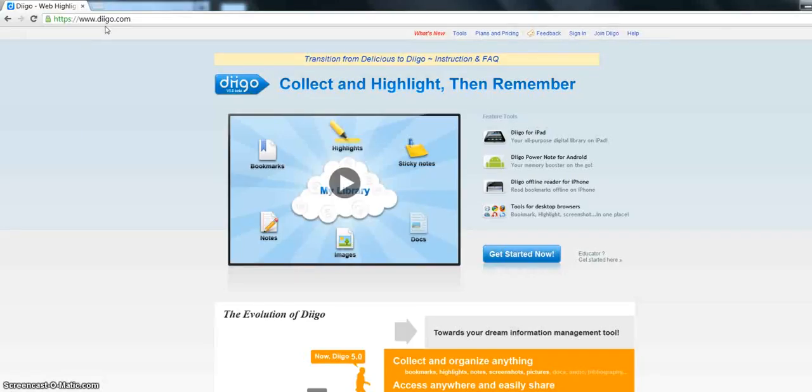Diigo is a free Web 2.0 tool that you will download for this class. The beauty of Diigo is it allows you to keep track of what you read online. Diigo gives you tools to highlight and comment on what you're reading. Research shows that interacting with what you read increases retention and comprehension of the material, which will help you be